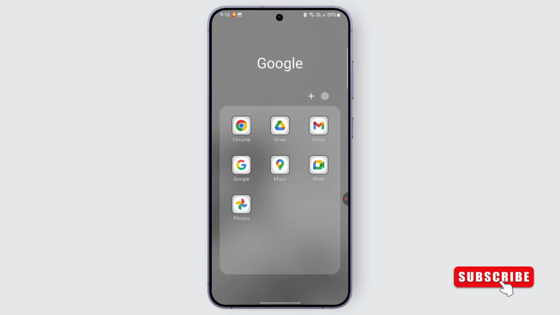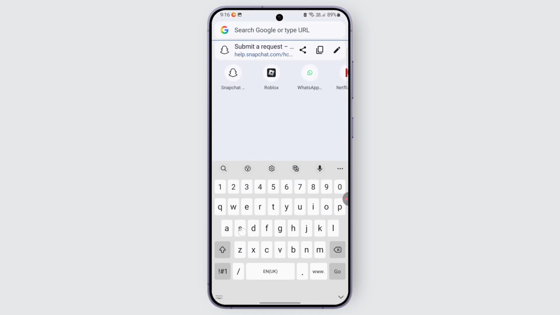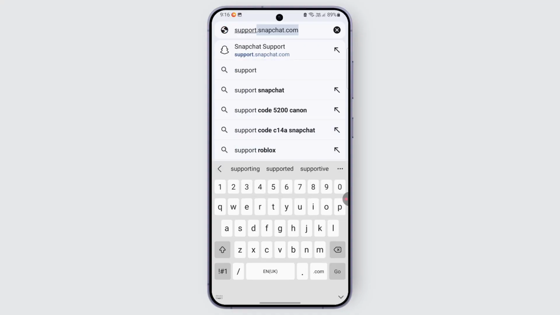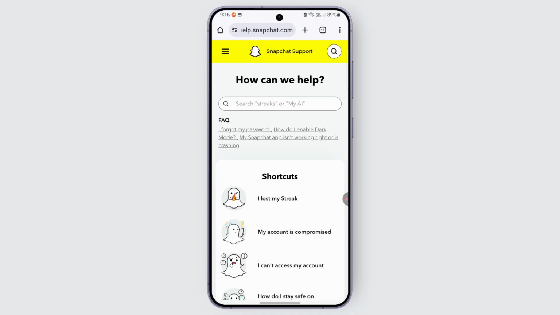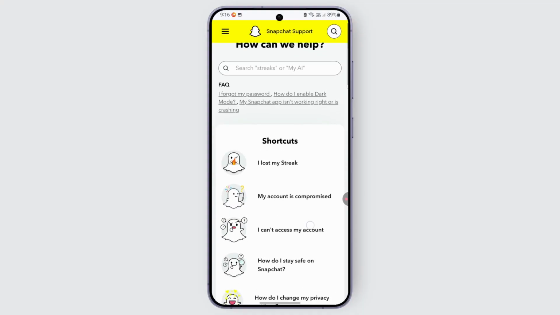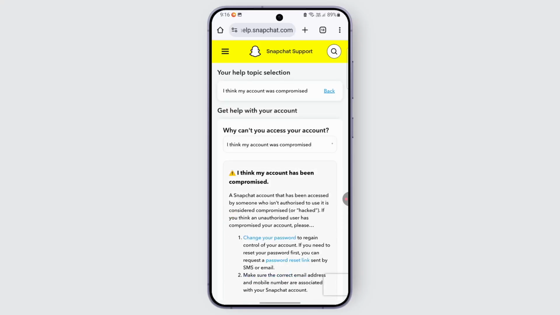So go to a browser if you can't access your application, and you can directly go ahead and search for support.snapchat.com and hit go, and you should be taken to their official help center. From here, look out for the option of my account is compromised, and from there just go over and fill